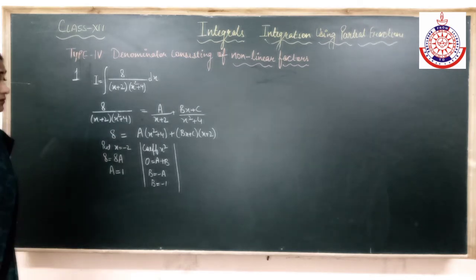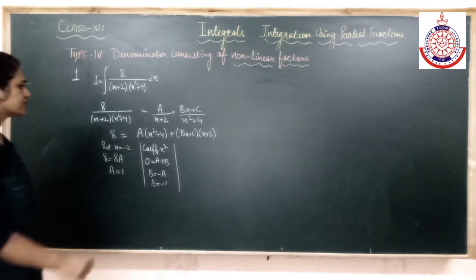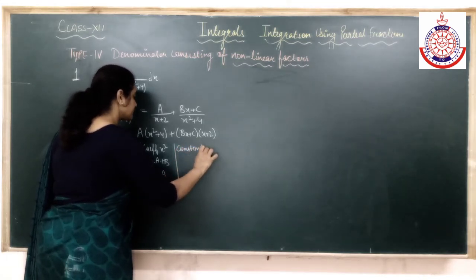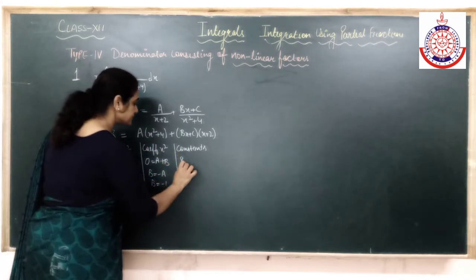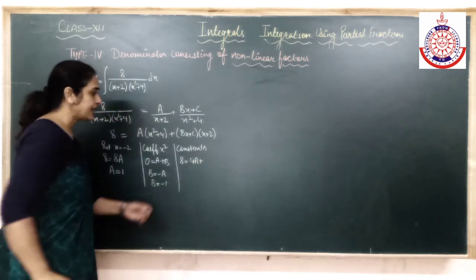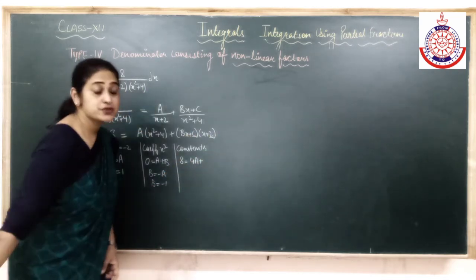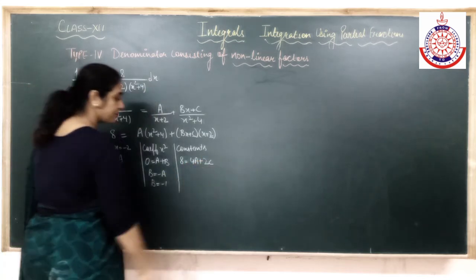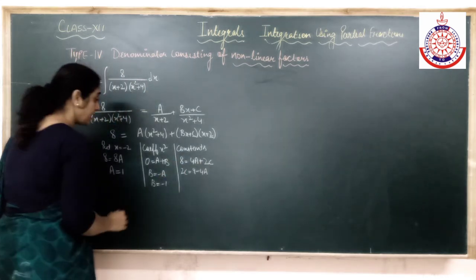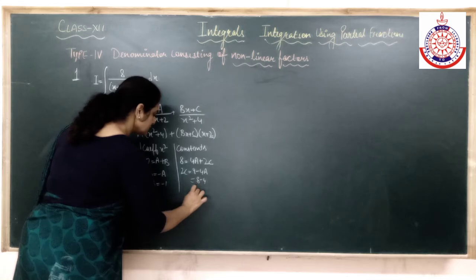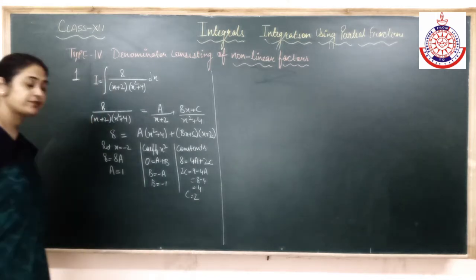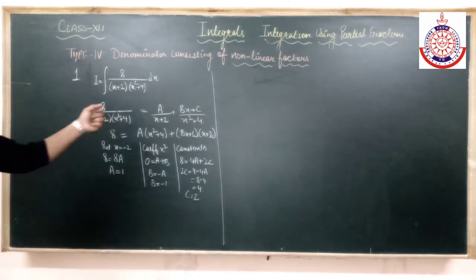Alright. Now what else do you want to compare? Shall we compare constants? Let's compare constants. Here the constant is 8. Here the constant would be 4 into a. Here when I multiply, the constant would be this term, 2 into c. Alright. So 2c is equal to 8 minus 4a. I have the value of a, that is 1. c is equal to 2. Got all the values? Let's put it here.